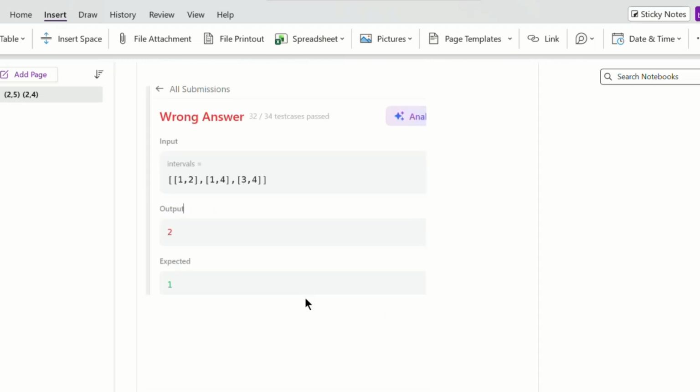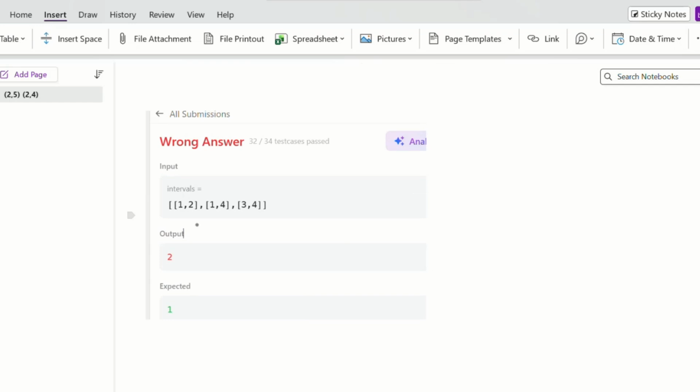Suppose in this example, we see 1 and 1, 1 comma 2 and 1 comma 4. So which one do we need to take at the starting and which one do we need to take at the second place? Suppose after sorting, if my first elements are the same, then I will sort the second element in ascending order only. Like the smaller will come first and the greater will come second.